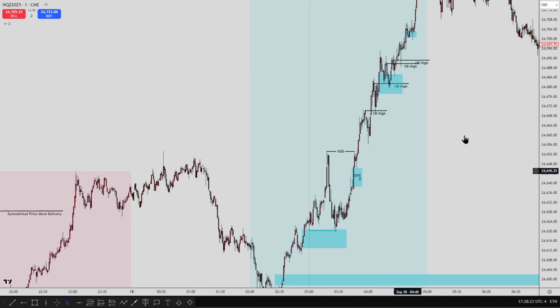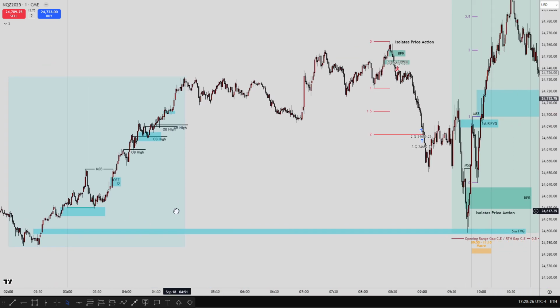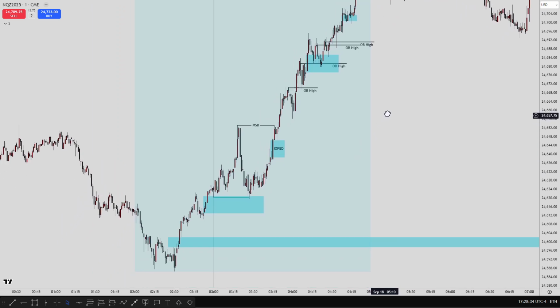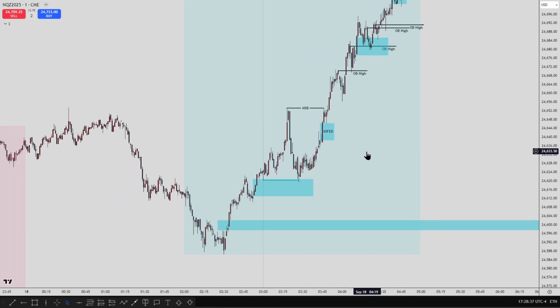Okay, this is a market review for the Nasdaq on the 18th of September. We're going to be going through the London kill zone and the New York AM kill zone. So here, because we've just finished the silver bullet mentorship, I think it makes sense to refer to a silver bullet. So in the London session, we put in this low after the 3 o'clock hour, so it just happens